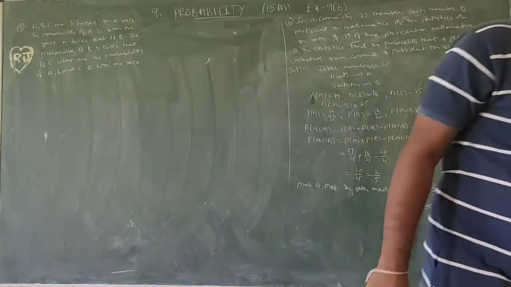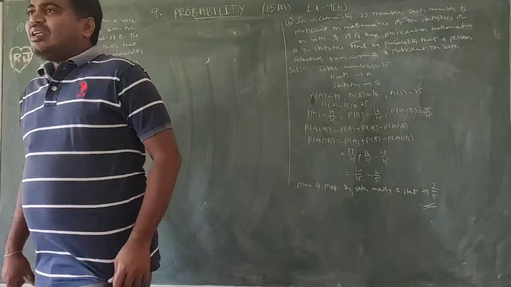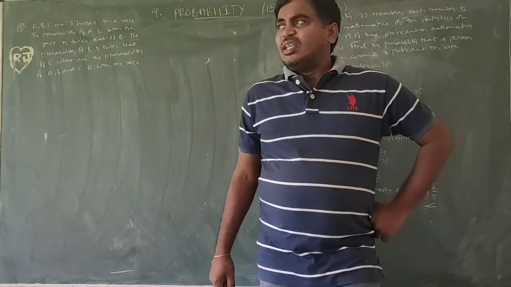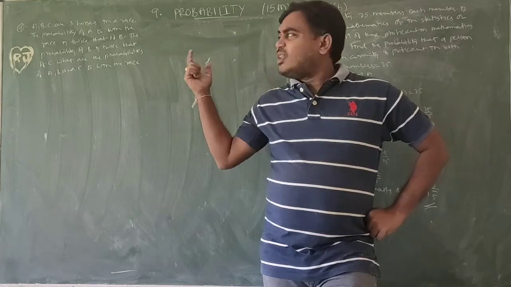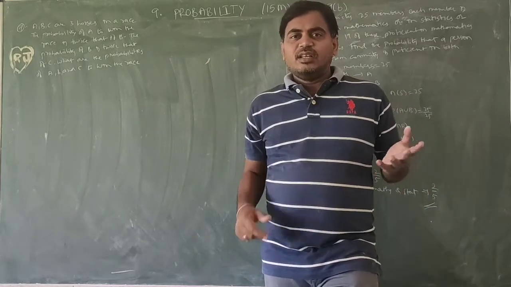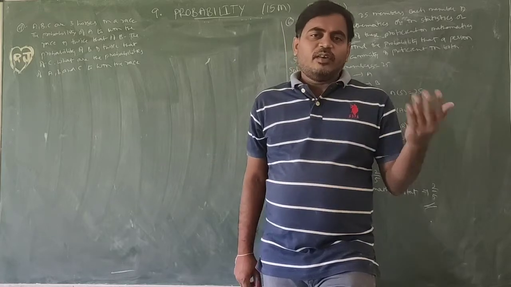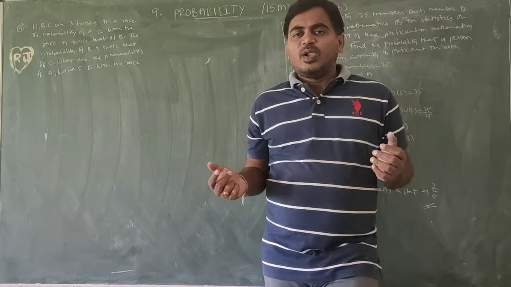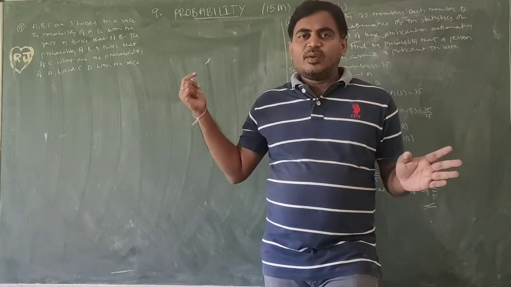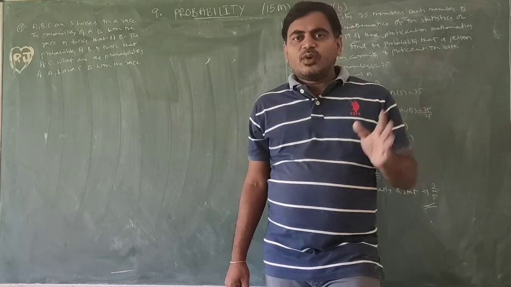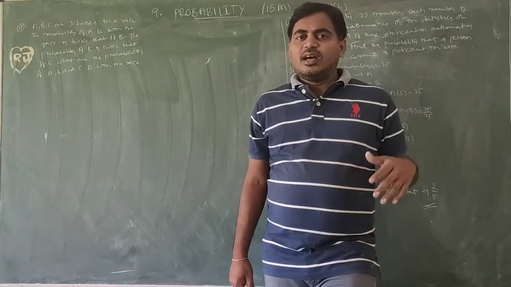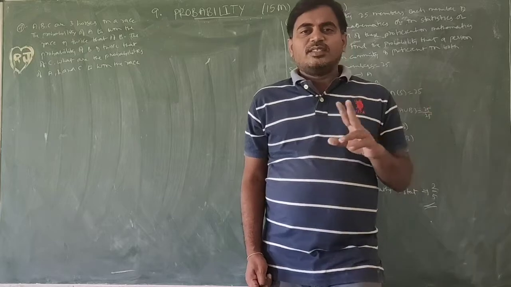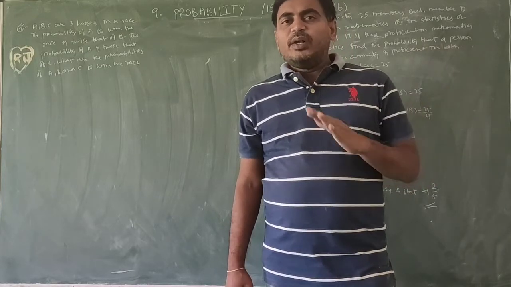Okay, coming to the solution. First, 3 horses are participating in the race, A, B, C. The participating horses have different strength. Of course, among these 3, one of them will win, but the probabilities will be different, not exactly equal. According to the information, the chances of A are more than B, the chances of B more than C, so automatically the chances of A are more than C. Probability of A is twice, it is nothing but P of A equal to 2 into P of B.